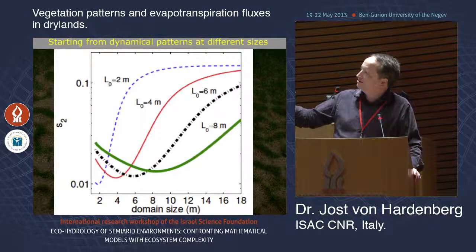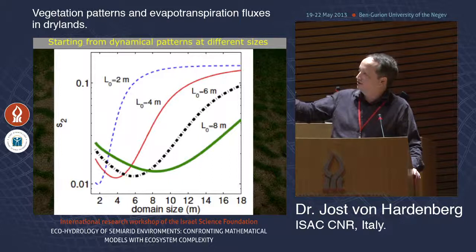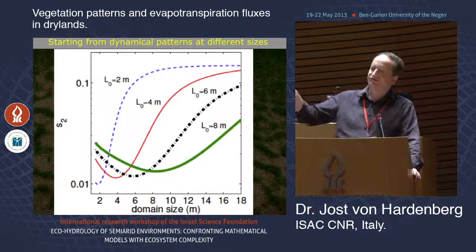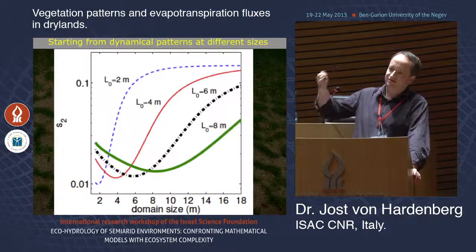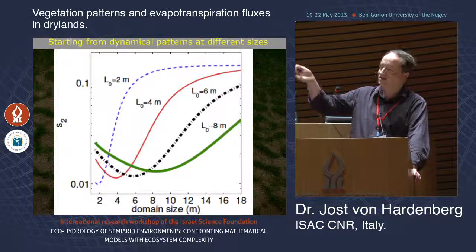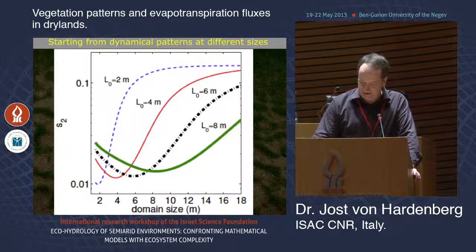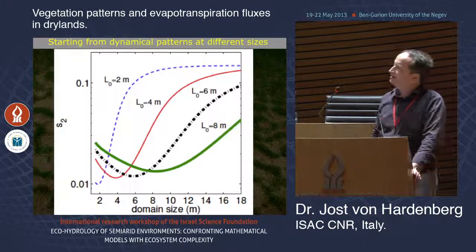And this actually leads, as we can see in terms of the average soil water overall, over the whole domain, to a minimization, or at least to a minimum of water exactly at the scale which we had chosen to be where we let the pattern develop naturally. So this is my last slide.